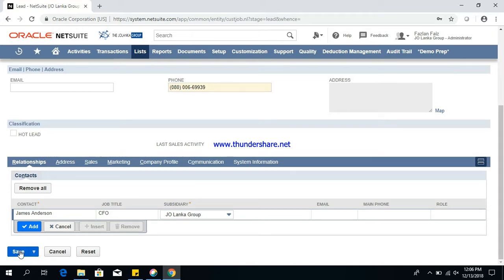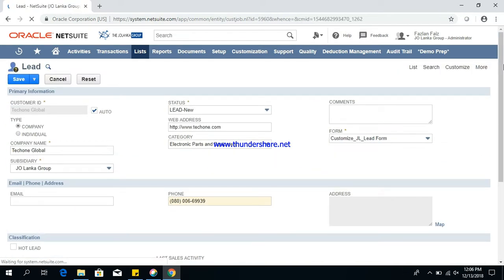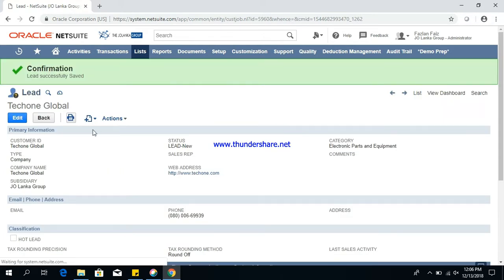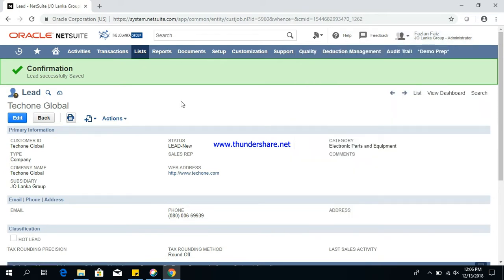Once I have changed it, I can save this. So this is the sample, but if you want more details to be added, yes, you have many fields to add. Right, so the lead has been saved, it has been confirmed. Then the next step would be,